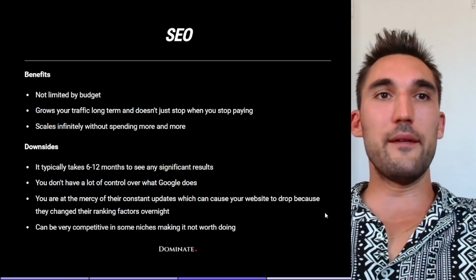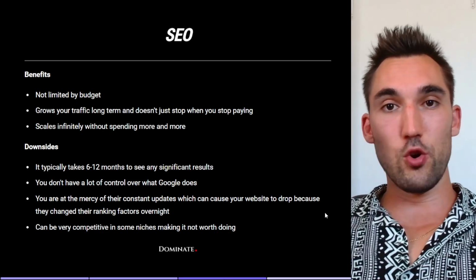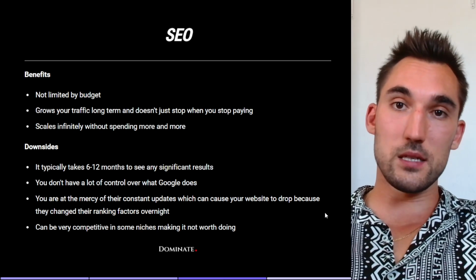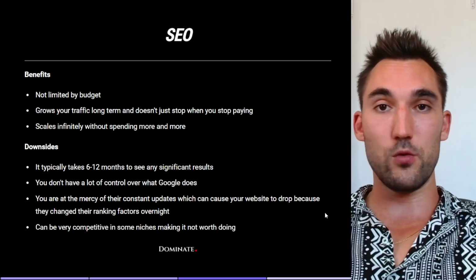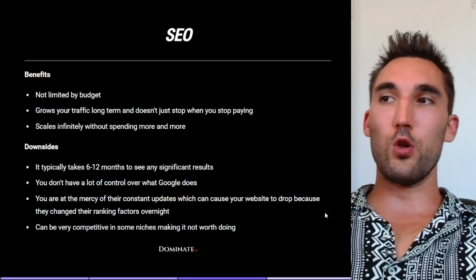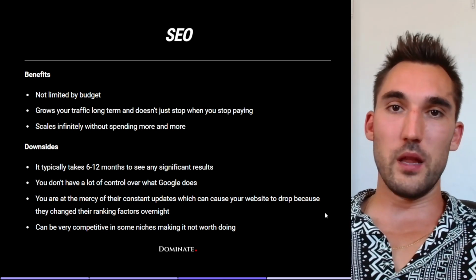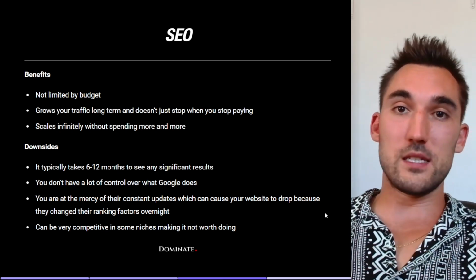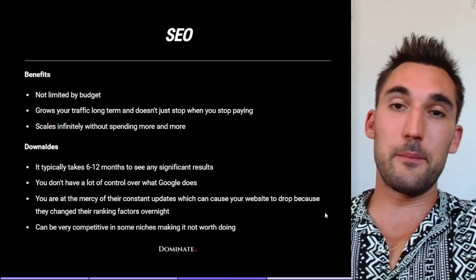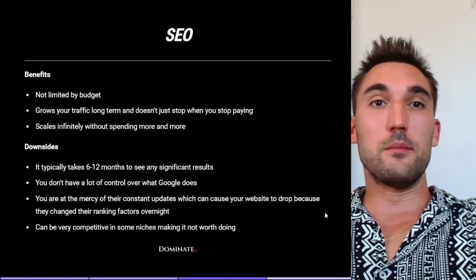The other issue you have is that you don't have a lot of control over what Google does. So Google can place your organic listing wherever it wants in the search results. It can change the meta title, or the headline that shows up in the Google search results as well, depending on how it wants to. Basically, you have no control over what's happening. Google just does it all. So while it can be manipulated in terms of SEO and optimized to get the result you want, you can't guarantee and directly control exactly what's happening. And sometimes you just can't do anything about what Google is doing. So you are at the mercy.